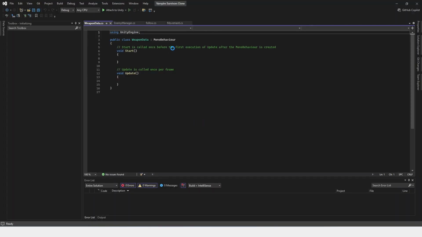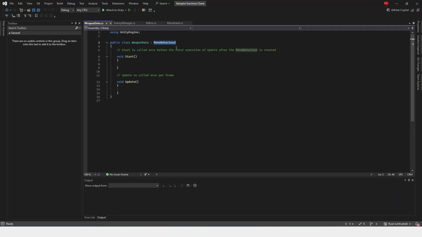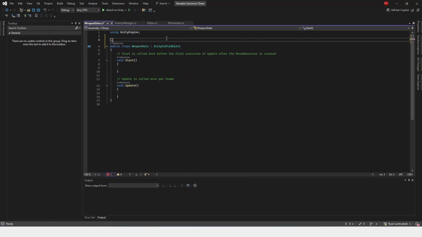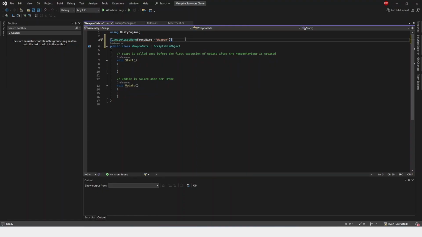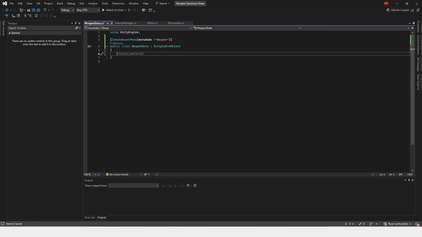And this script will not be like our normal scripts. Instead of being a MonoBehavior script, we're going to make it a scriptable object, which means we have to have a create asset menu with menu name as weapon. This just creates a little menu so that we can create our own weapons. So I'm going to delete the start and update methods and create a few